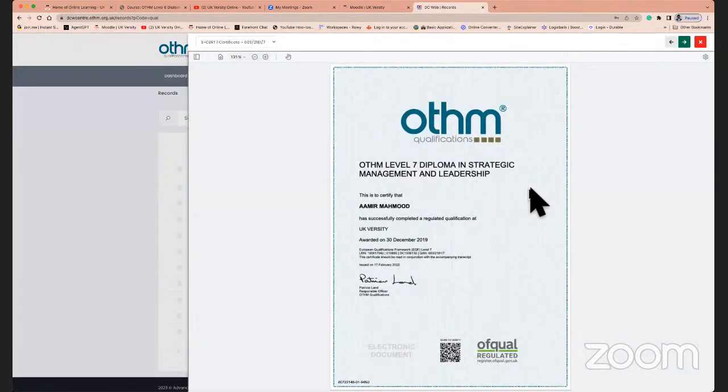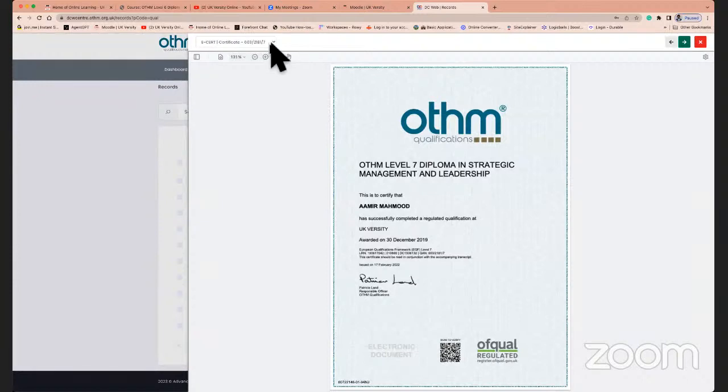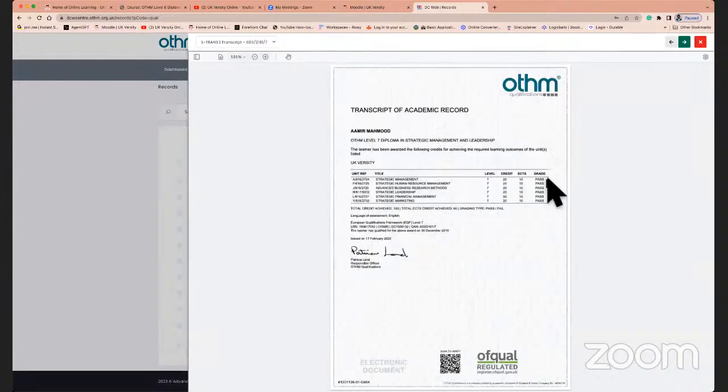It is available as a diploma. And then the diploma also has a transcript, which will show the units that you've achieved. And obviously, it's not graded at this stage, but it'll show pass. And if you scan this barcode, it'll straight away take you back to the OTHM website, and it'll say that the certificate is genuine, issued on so and so date. And that allows electronic verification to happen and also keeps the certification secure.